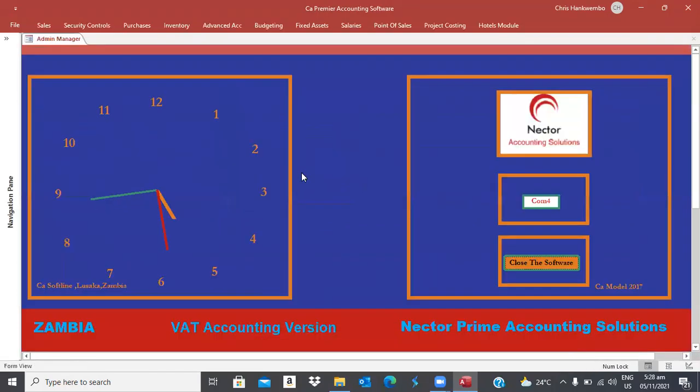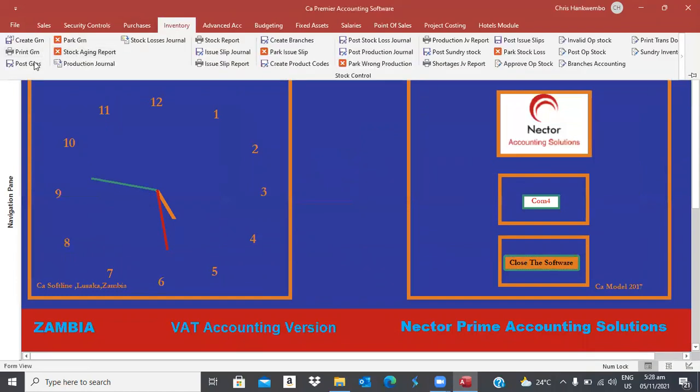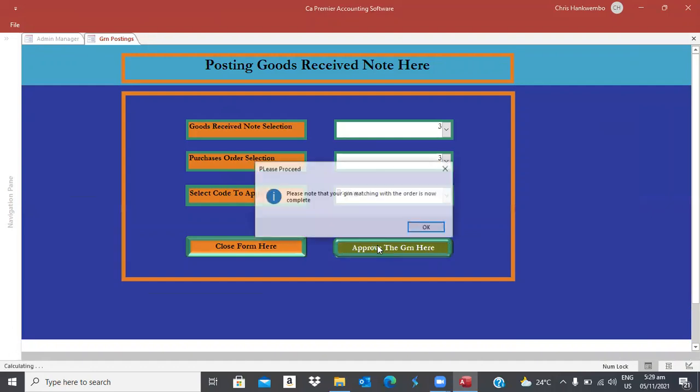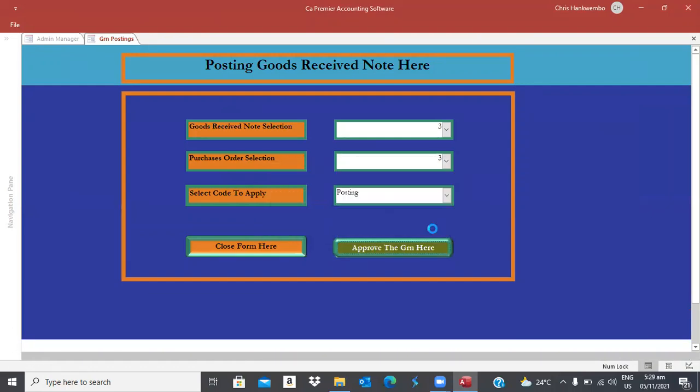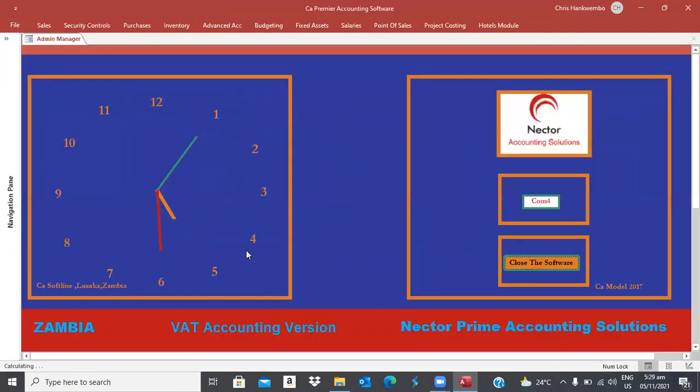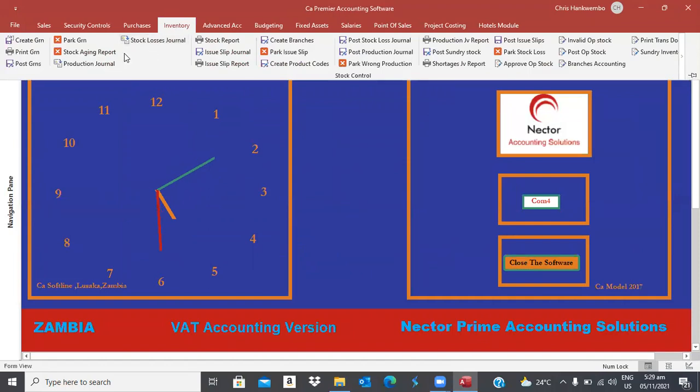So now exit here and simply post it here. I will simply post my GRN here, and then post this one, approve. Even if it's complete, so it's done. Perfect. Now, if I check my stock aging here,